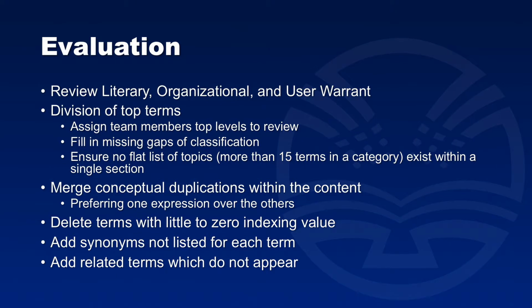So it's a reiterative process where you'll have a reviewer look at a section and make subcategories based on different areas and then reclassify each topic area. So you want to ensure that there's no flat or orphan list of 15 to 20 terms. And I know I say 15, but in a lot of examples, if you're limited by size of the hierarchy, so if you only want to divide into 3 to 4 sublevels, a lot of the times you will get